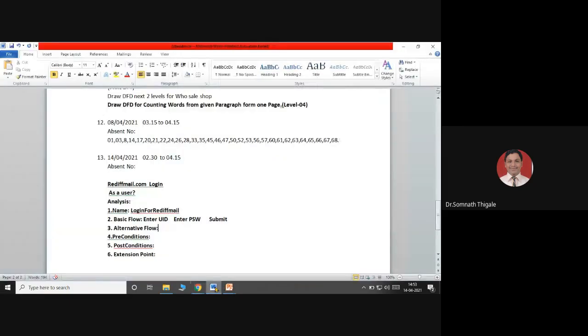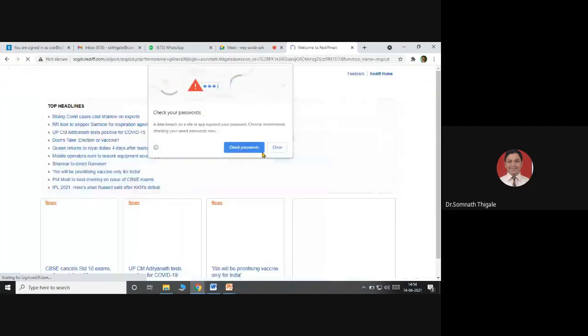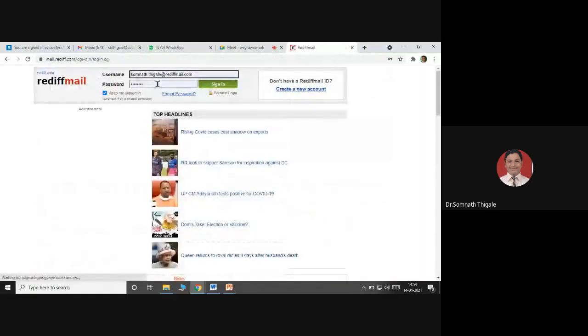So I will write here, the flow I'm getting is welcome plus, in double brackets, username, whatever you have entered. That is the basic flow. One alternative flow, or a second possibility, is where I get an error because I have entered wrong credentials. For example, I'll try one more time to log in, where I have entered the wrong password.